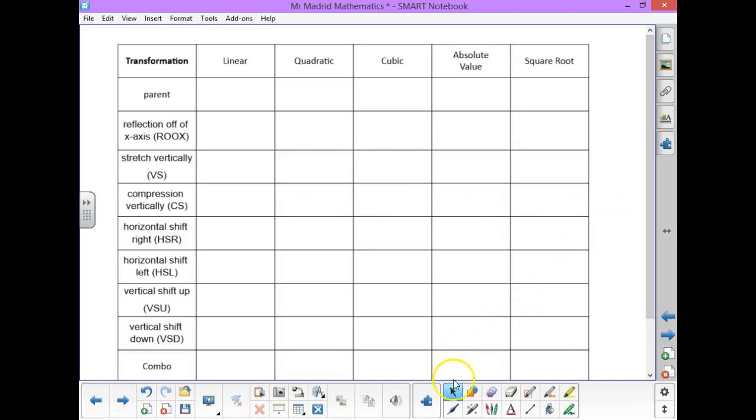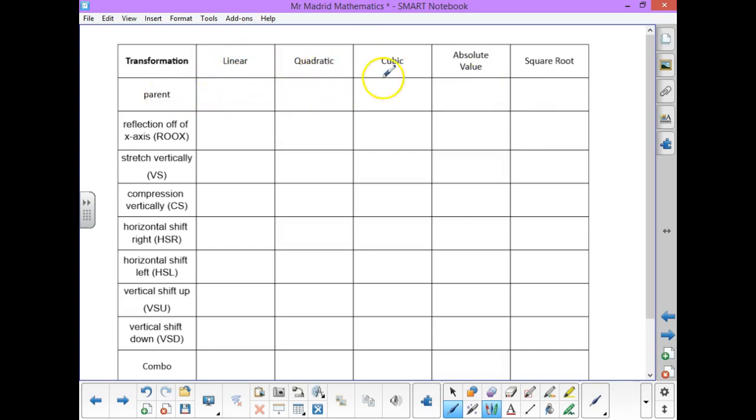Hi guys, we're going to be looking at today's function transformations assignment in some detail. For the most part you guys are solid. In case there are some gaps in your understanding, let's address those at least in terms of this assignment. Now here, this first line, you're going to need to identify the parent